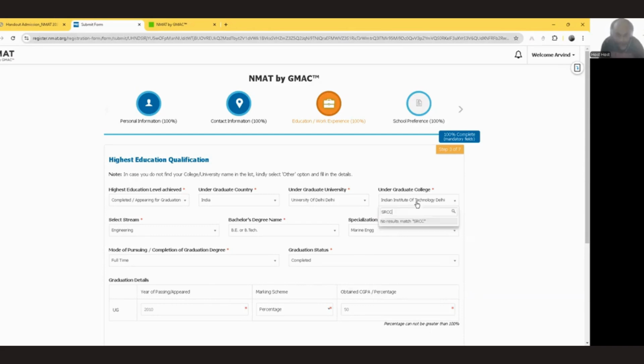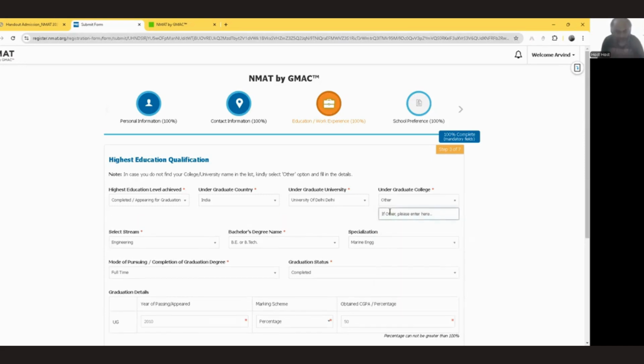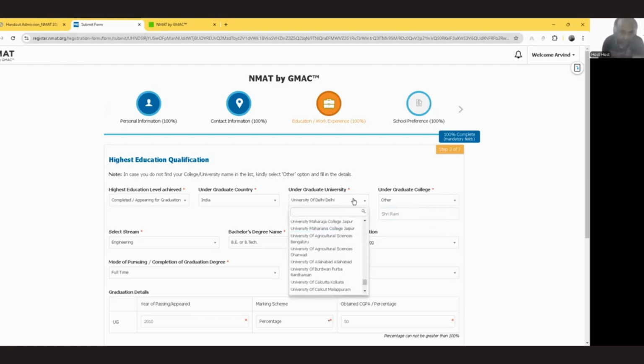I can't find it. So what I'll do is put down others. Then I will write Sri Ram College of whatever you want to put down. See, this is not a huge factor. Even if you end up making a mistake here, University of Agricultural Sciences, Harvard, this, that, whatever you end up doing, doesn't make a huge